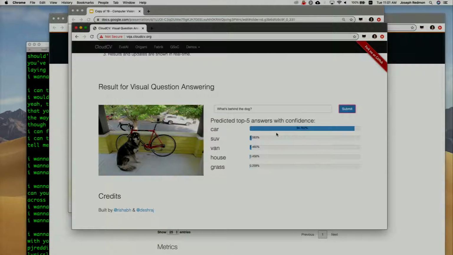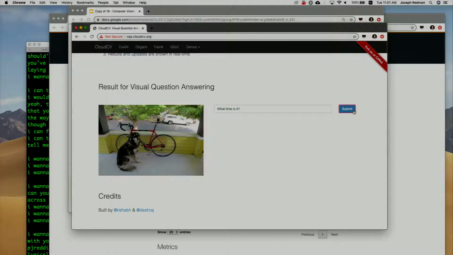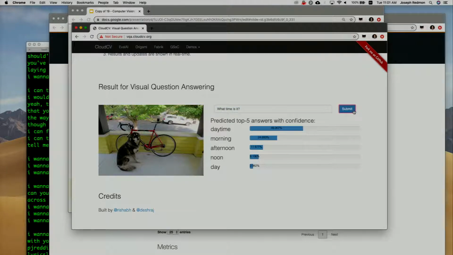Car. But, daytime. So as you see, these systems can actually do some of the tasks that you'd expect of them,